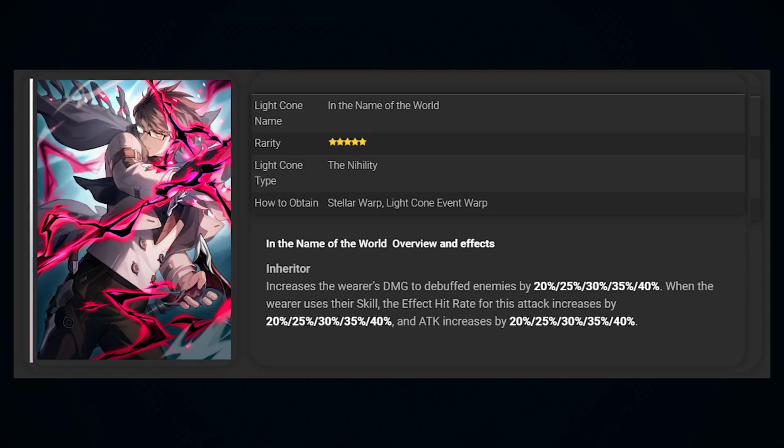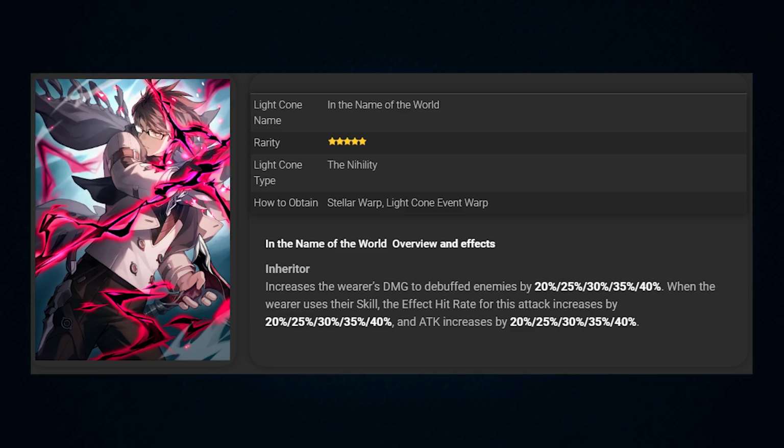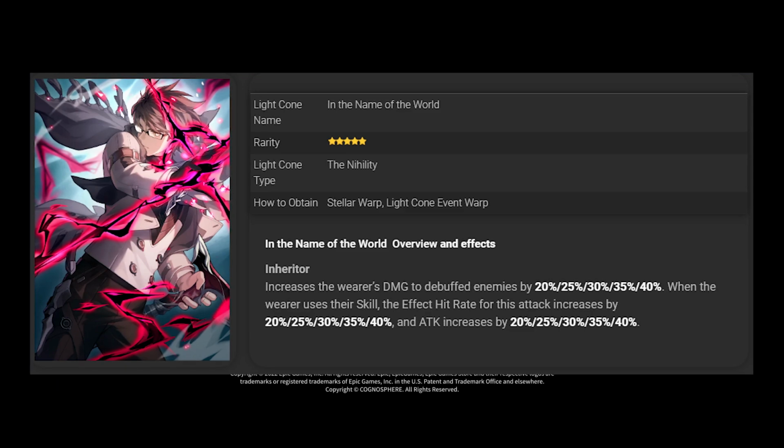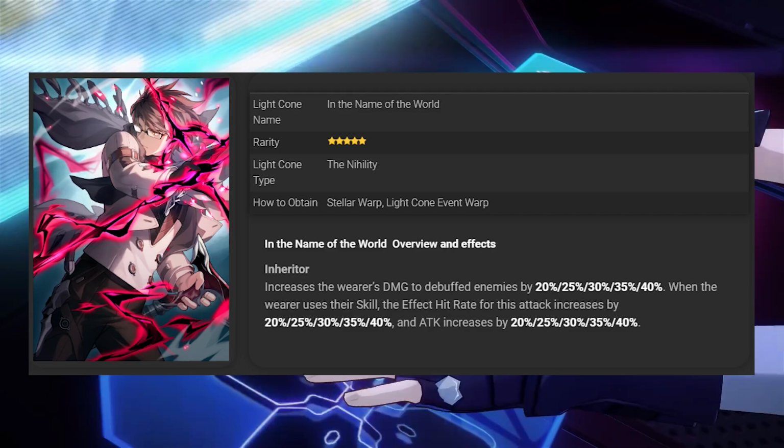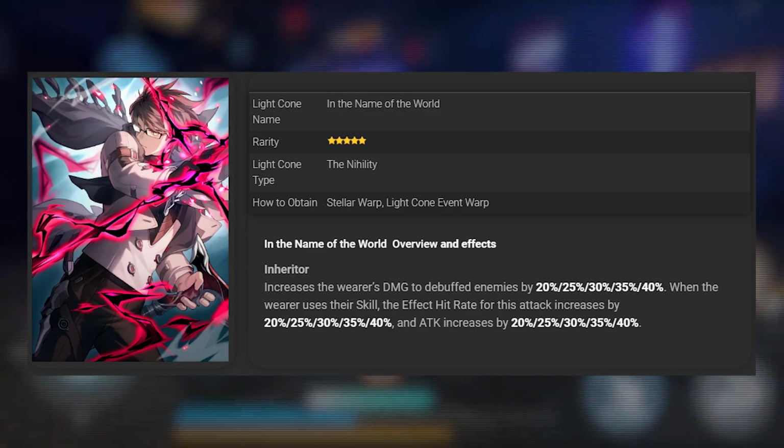And when the wearer uses their skill, the effective hit rate for the attack increases by 20% and attack by 20%. Good. This is going to let you do some extra damage, but not 100% needed. You don't need to do Welt's, but if you're sitting on it, it could be one that you use as of right now. And then finally, the other one I like is Eyes of the Prey,